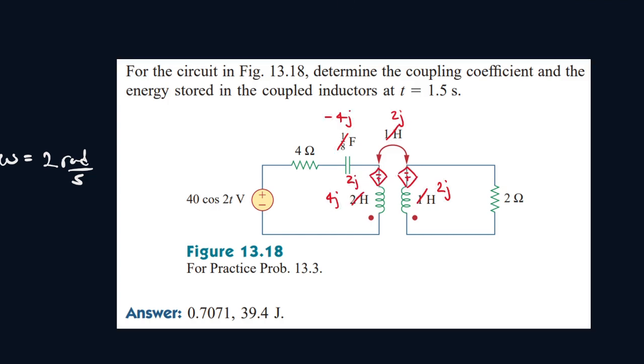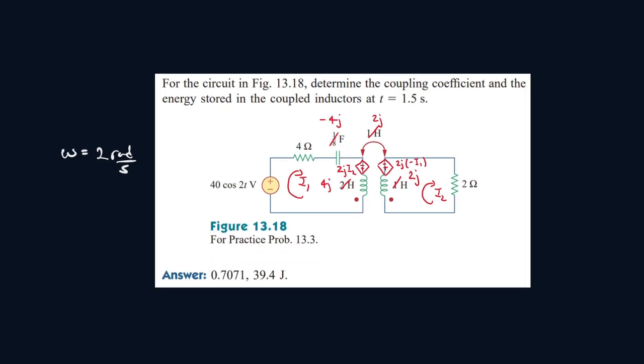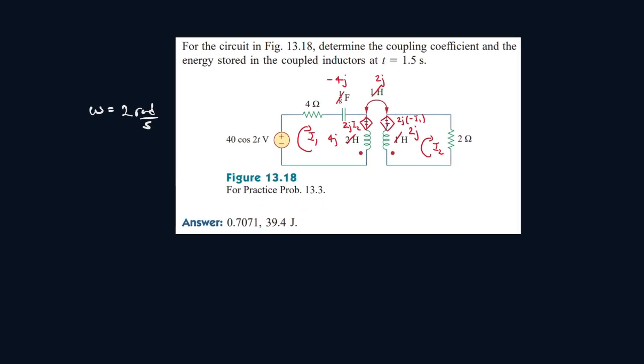So let's do mesh currents. So I1 and then I2. I2 is entering the positive port, so I2 here. And then for this one, it's 2J times the current entering this dot. If you see, it's entering from the negative port, so it'll be minus I1, sorry. And now let's find the current values. So for mesh 1,